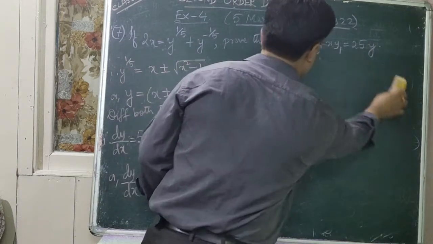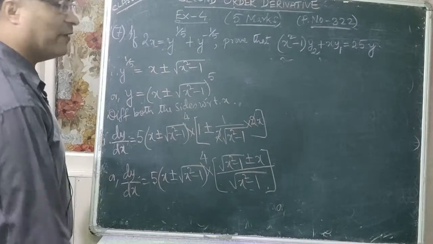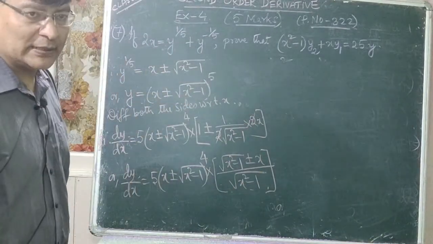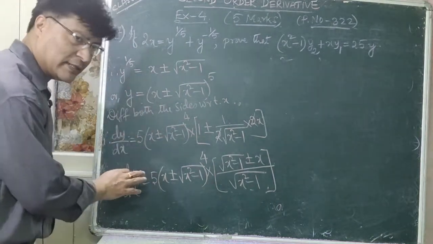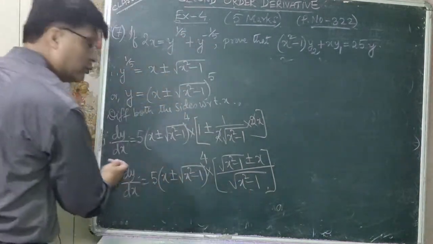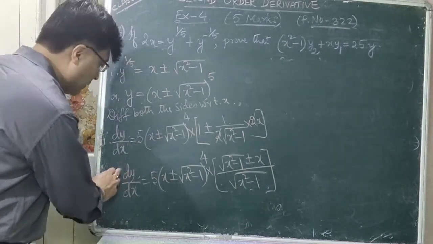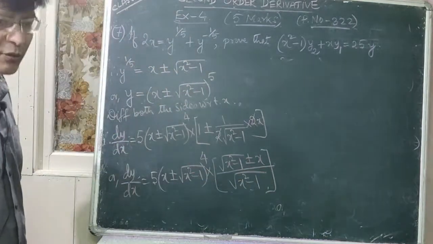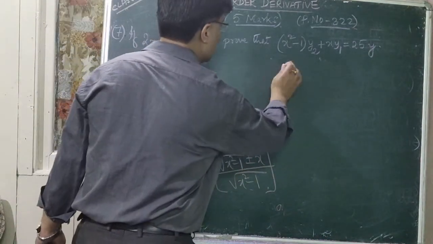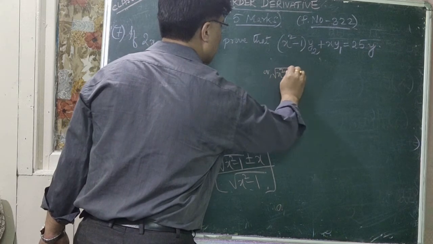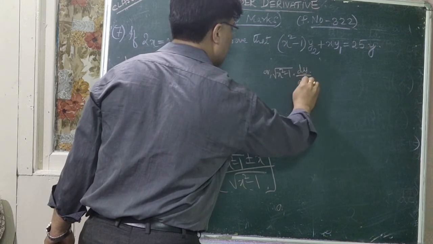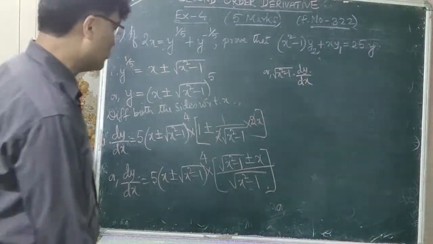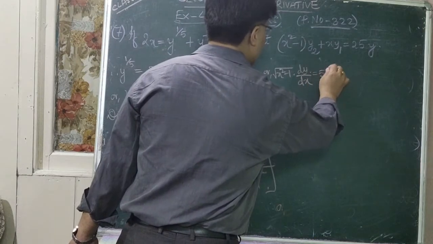So now let us simplify it further. Let us simplify it. Now, we do not have to differentiate it again. Before that you have to simplify it. So you have to cross multiply by root over x square minus 1 here. This dy by dx should be multiplied by root over x square minus 1. That means we are doing cross multiplication. Or this is your root over x square minus 1 into dy by dx, right? So it is cross multiplied. dy by dx is cross multiplied by root over x square minus 1, which is equal to 5 into x